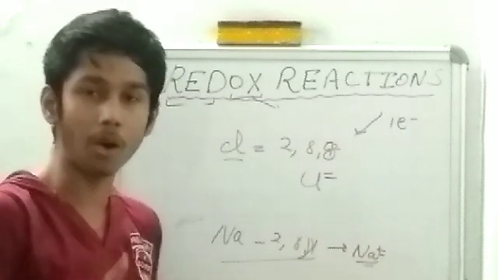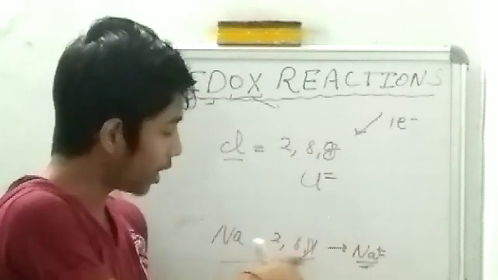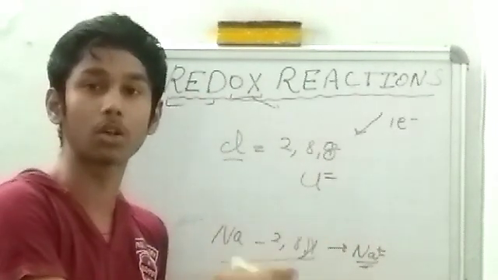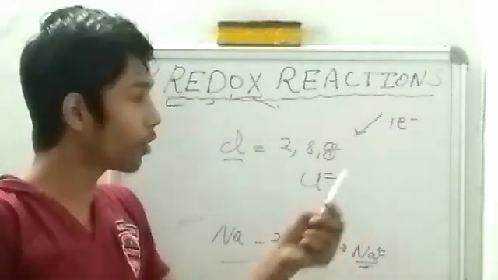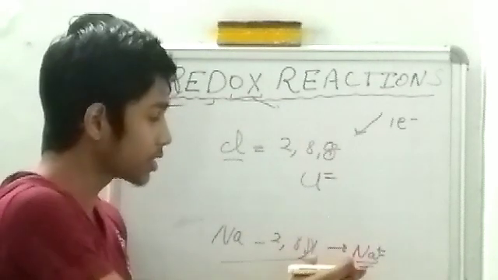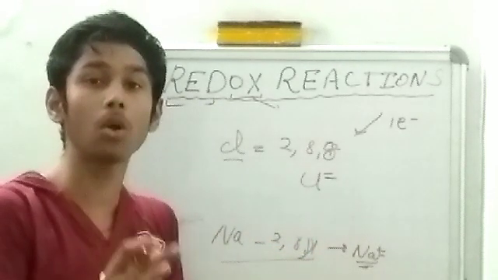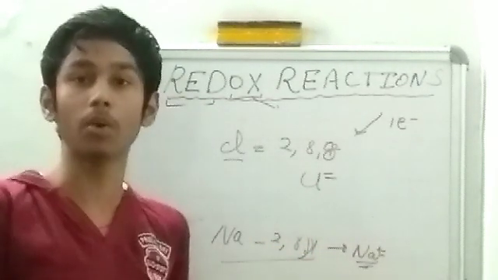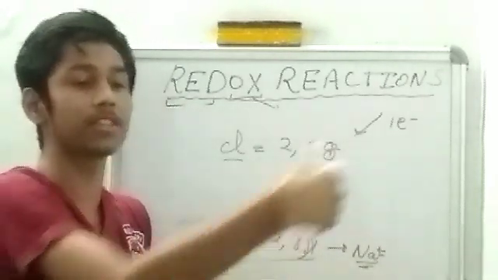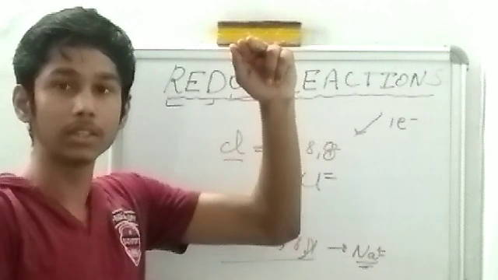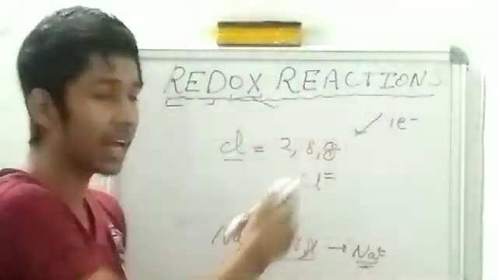Okay, because think now, like this: sodium has donated its 1 electron, but chlorine has borrowed some electron from somebody. So think like this, that somebody who has donated something is always bigger than a borrower, right? Somebody who has donated something is always bigger than the borrower who has taken that thing. Okay, so positive is greater than negative, right?